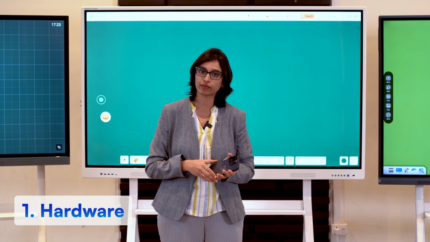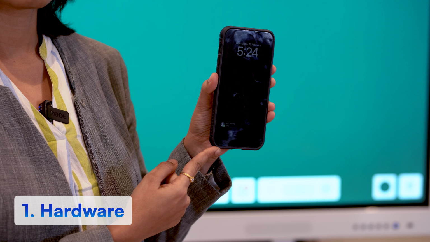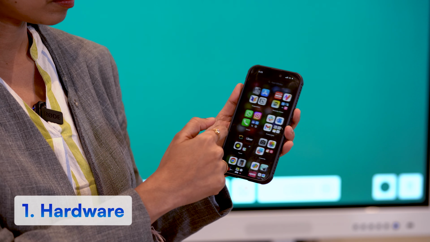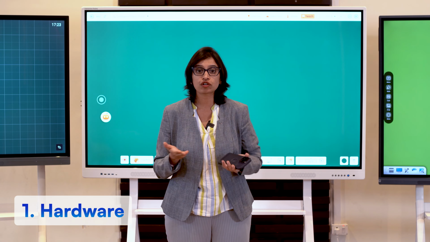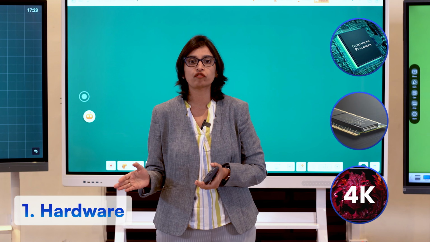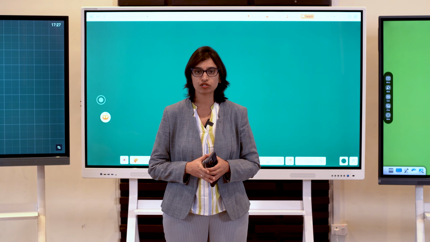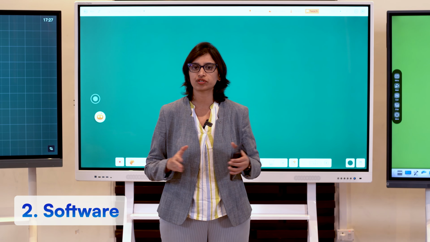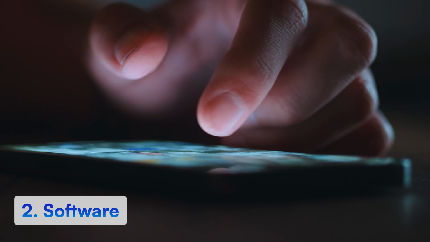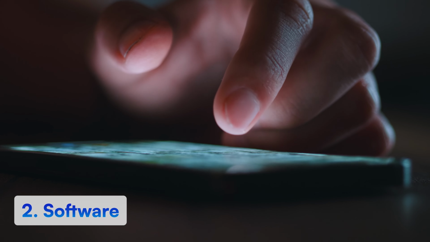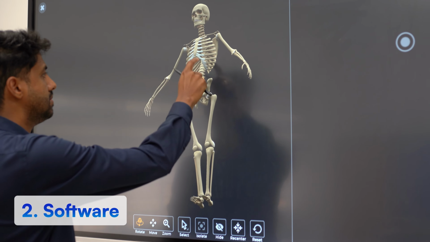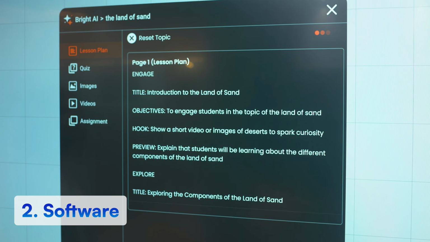The first is the hardware. Just like the smartphones have components like chipsets, camera, the display resolution that determine their quality, the digital boards too consist of components like processor, RAM, chipsets and displays that define their performance and quality. The second is the software, the heart and soul of any interactive display. Similar to how in the smartphones we have the apps for messaging, calls, content creation, social media, these interactive displays also have whiteboarding applications that come with the digital tools which make the teacher's life easier.